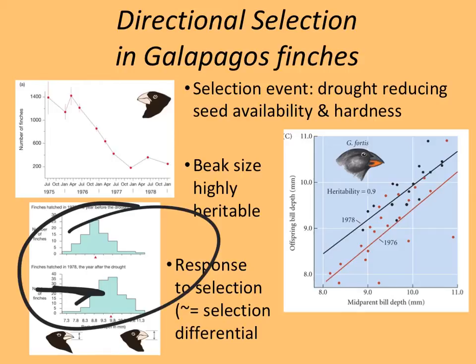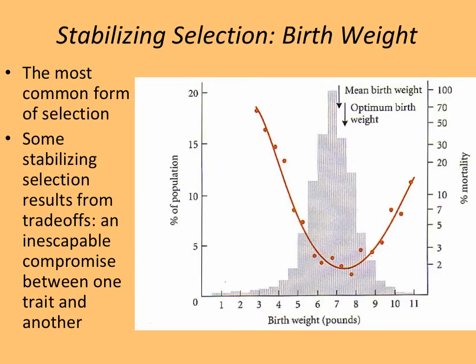The weather then changed, the drought ended, and suddenly the population rebounded. Individuals with thick beaks didn't do as well as individuals with thinner beaks that were better at getting all sorts of seeds. Stabilizing selection. Okay, so in this graph,